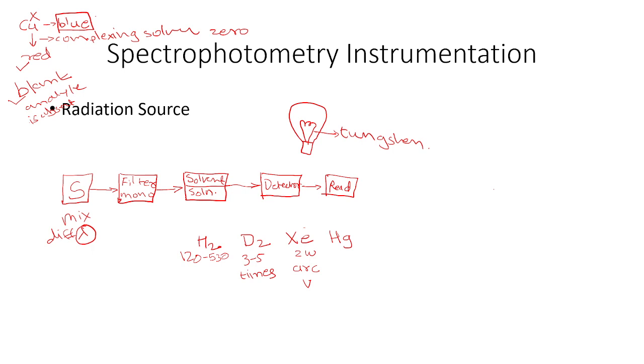Okay. So what are the requirements of the source? It must be stable. It must produce sufficient intensity of radiation so that transmitted intensity can be detected. It must supply continuous spectrum of radiation over the entire wavelength in which it is used. Okay. So you can control this radiant power, and intense and narrow beam of radiation is required in colorimetry and spectrophotometric analysis. For this purpose, mirror lenses and slits are used.